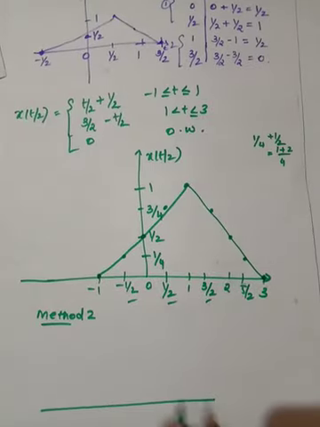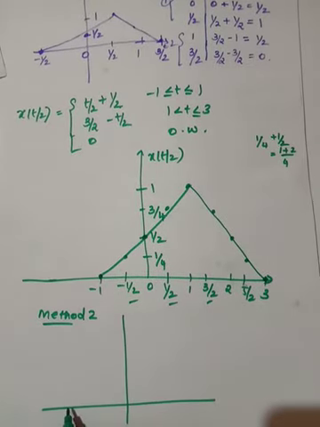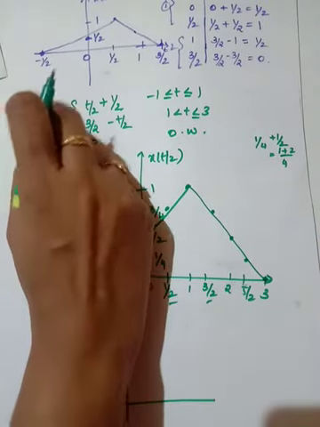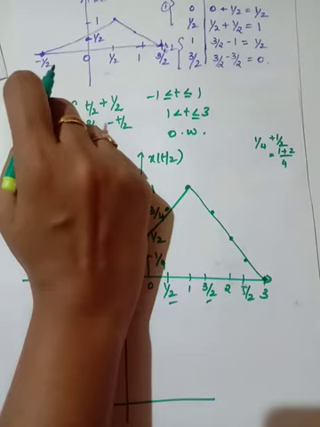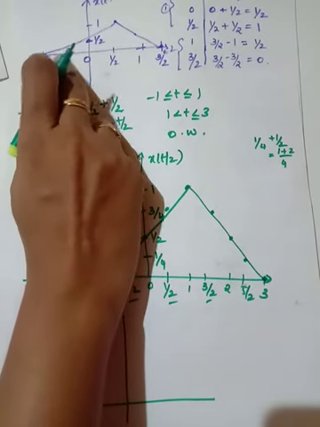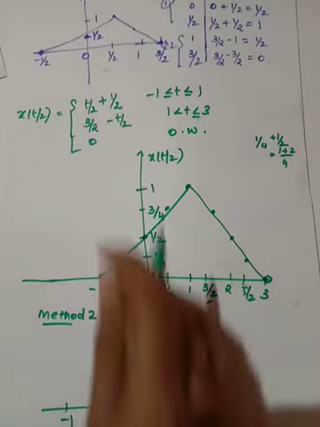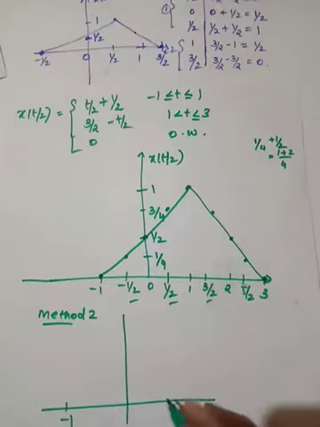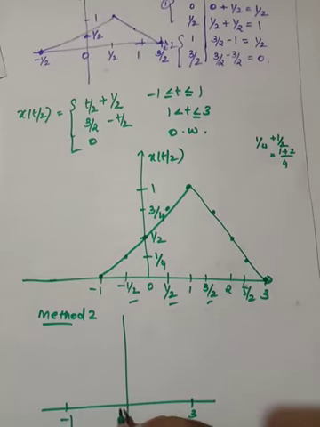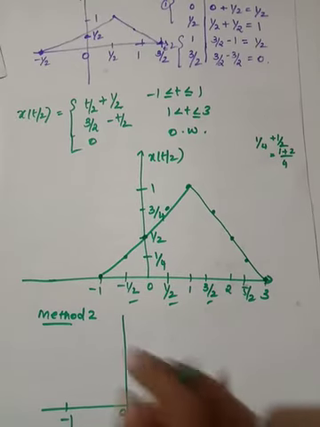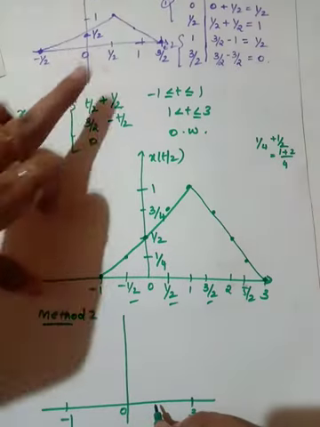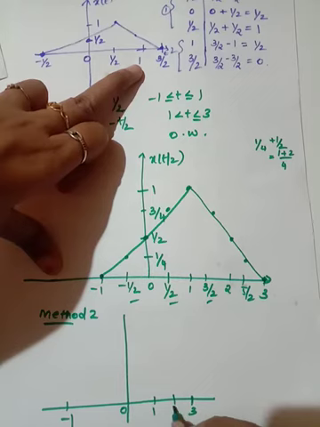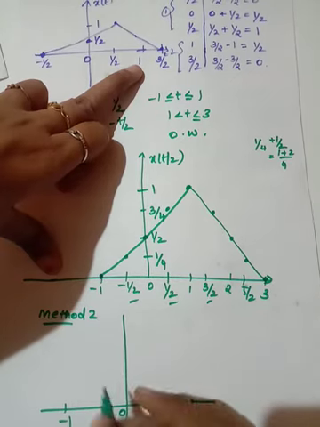Now what I am going to do is just expand the range. So here it is divided by 2, which represents multiplication, so I am just going to multiply by 2. So it becomes minus 1. Here it is 3 by 2, I am going to multiply by 2, so the range will become 3. The remaining values you don't need to confuse. Just multiply 1 by 2 by 2, you will get 1. Here multiply by 2, you will get 2. So the remaining values, don't confuse.